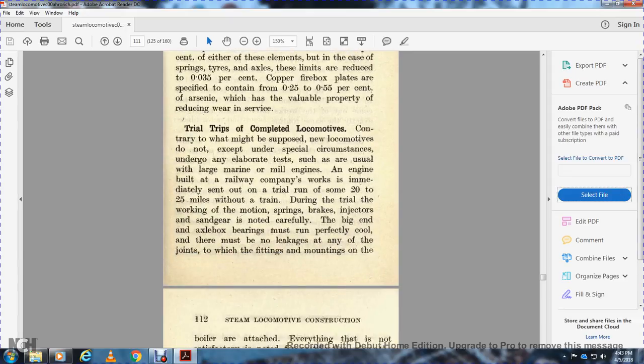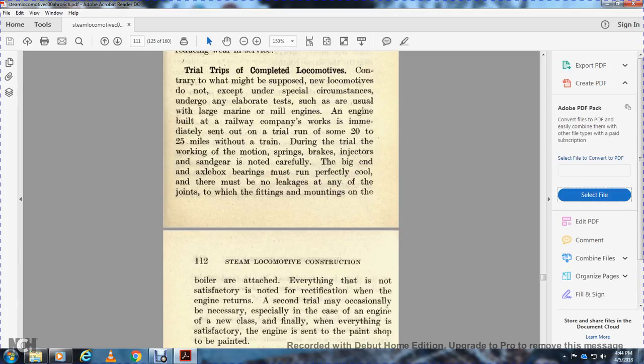The trial trips of the completed locomotive: contrary to what might be supposed, new locomotives do not undergo elaborate tests, such as usual for large marine and stationary engines. The engine is taken by the railway company immediately on a trial run for some 20 to 25 miles without a train. During the trial, the working of the motion, springs, brakes, injector and sand gear is noted carefully, the big end of the axle box bearing must run perfectly cool, and there must be no leakage at any of the joints, fittings or motion on top of the boiler. If everything is not satisfactory,